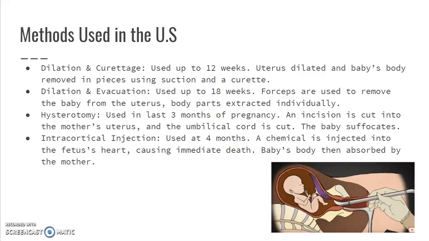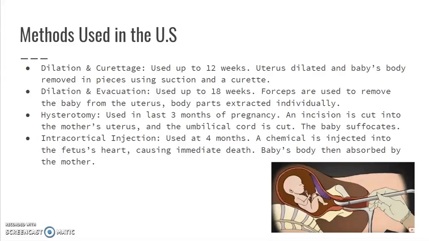In order to get the baby out during this method, the uterus is dilated, so it's expanded, and then the baby's body is removed in pieces, which are removed using suction and a curette. The next form is dilation and evacuation, and this is used up to 18 weeks. Forceps are used to remove the baby from the uterus, and body parts are individually